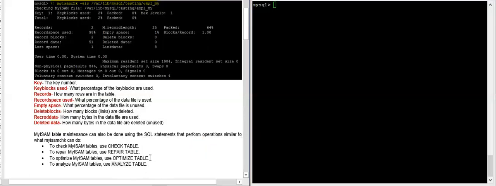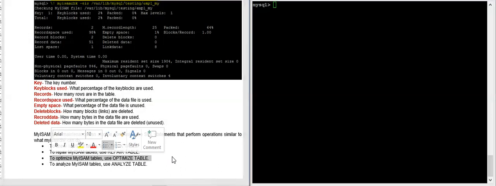What does it mean? Optimize table basically returns the disk space to your operating system. When you delete any record from a table, it does not directly return those deleted spaces to your operating system.